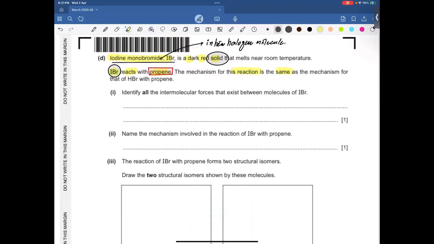The mechanism for this reaction is the same as the mechanism for that of HBr and propene. See, I've told you about that. Identify all the intermolecular forces that exist between molecules of IBr. If you have any simple covalent molecule in the world, instantaneous dipole, induced dipole forces,